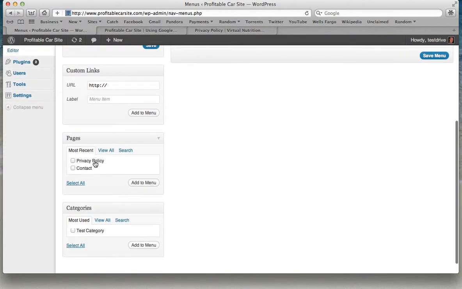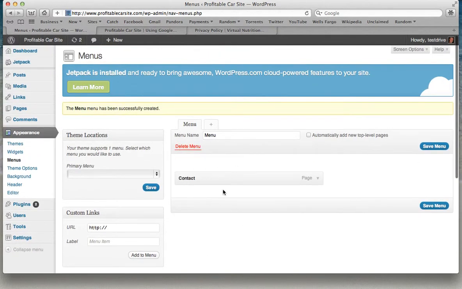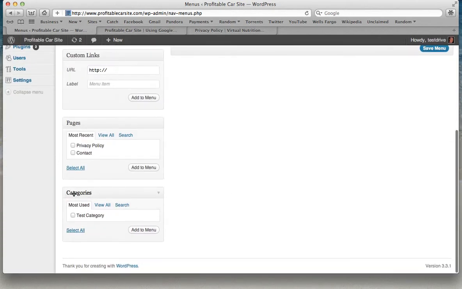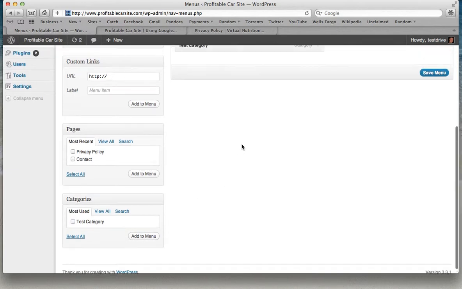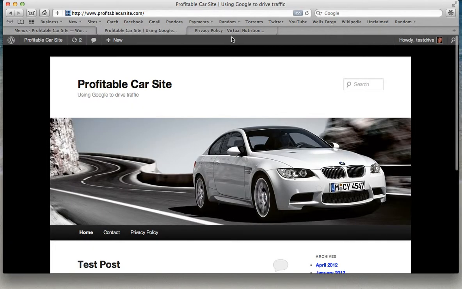If I come over to privacy policy and contact and I just click on contact and I add that to my menu, you're going to see that it's going to pop up here. Now let's say if I want one of the categories to be my menus as well, I click on test category, which is the one that we created, click on add menu, and you're going to see that that popped up here as well. So if I come over and I click save menu, and then I come back to my site and I refresh,